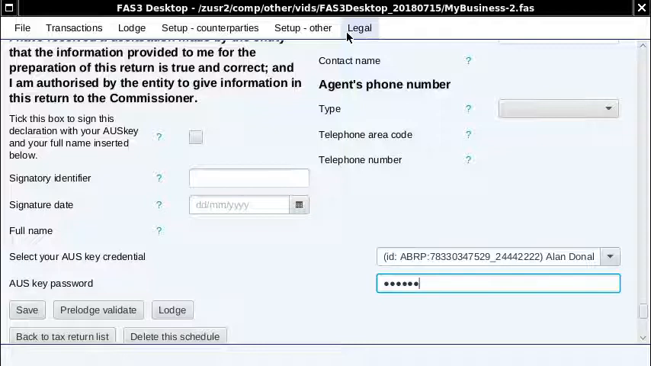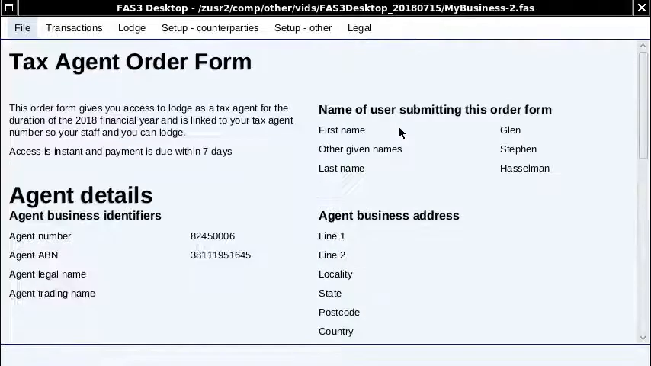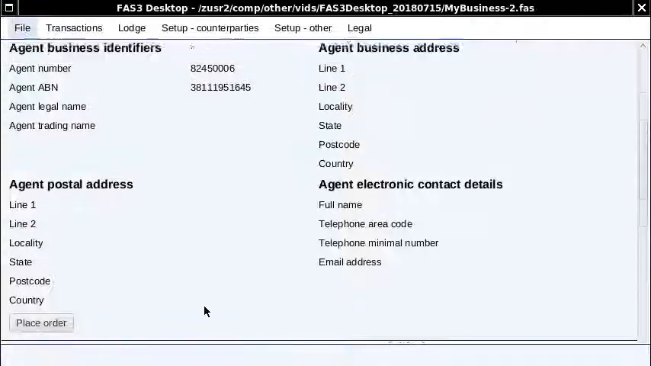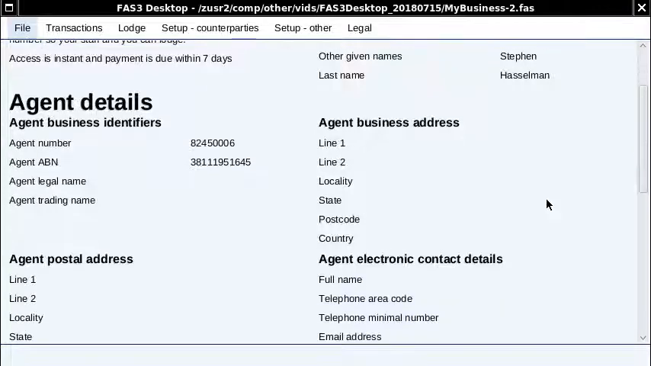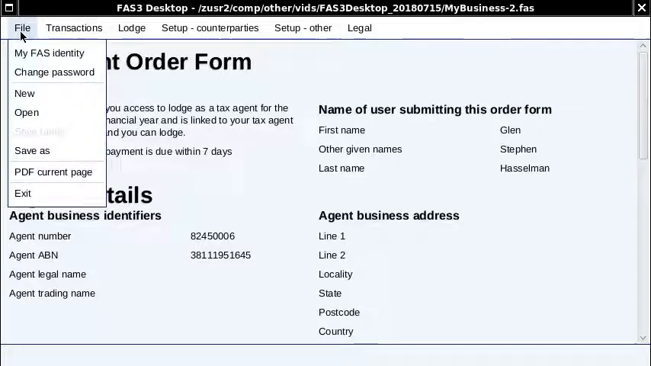Another thing you'll need to know before you can do a lodge is that when you actually get to the point of doing a lodgement, it's going to say you don't have access to do that. What you need to do is click on this order form - tax agent, and fill this in and submit place order. In fact, you see there's a lot of blank fields here, and that's because you need to fill in this